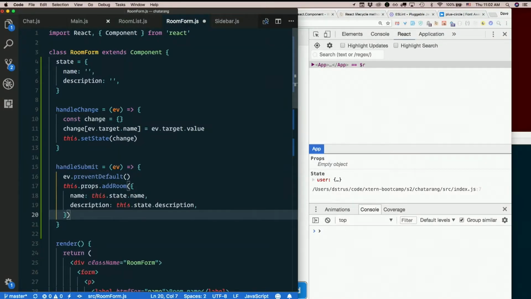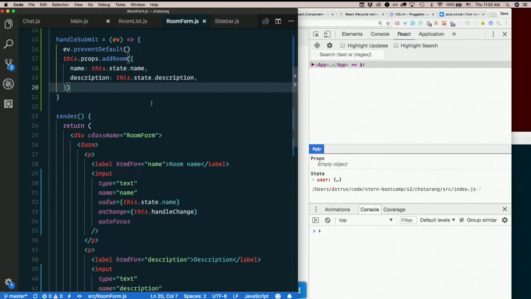Like that should work. It's maybe slightly easier. I don't like it very well, but it'll do the trick. Since name and description are both properties of another thing, I kind of like storing the whole thing in state better, but